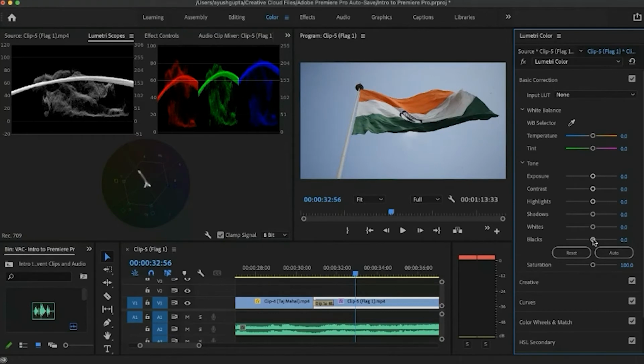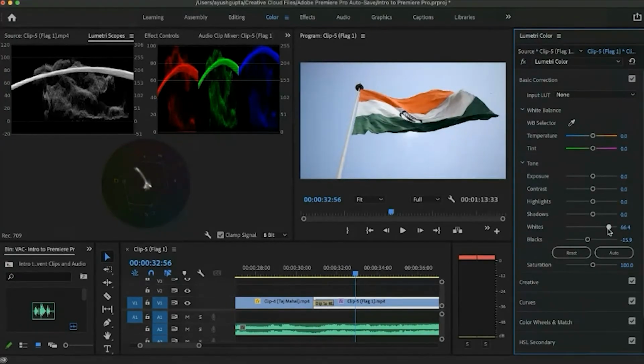First, we'll bring the blacks down until the lowest darkest part sits just above zero. You can see this zero line. We bring the blacks down until this line touches zero. The moment it touches, we leave the blacks there and bring the whites up so that the brightest part is just touching 100.